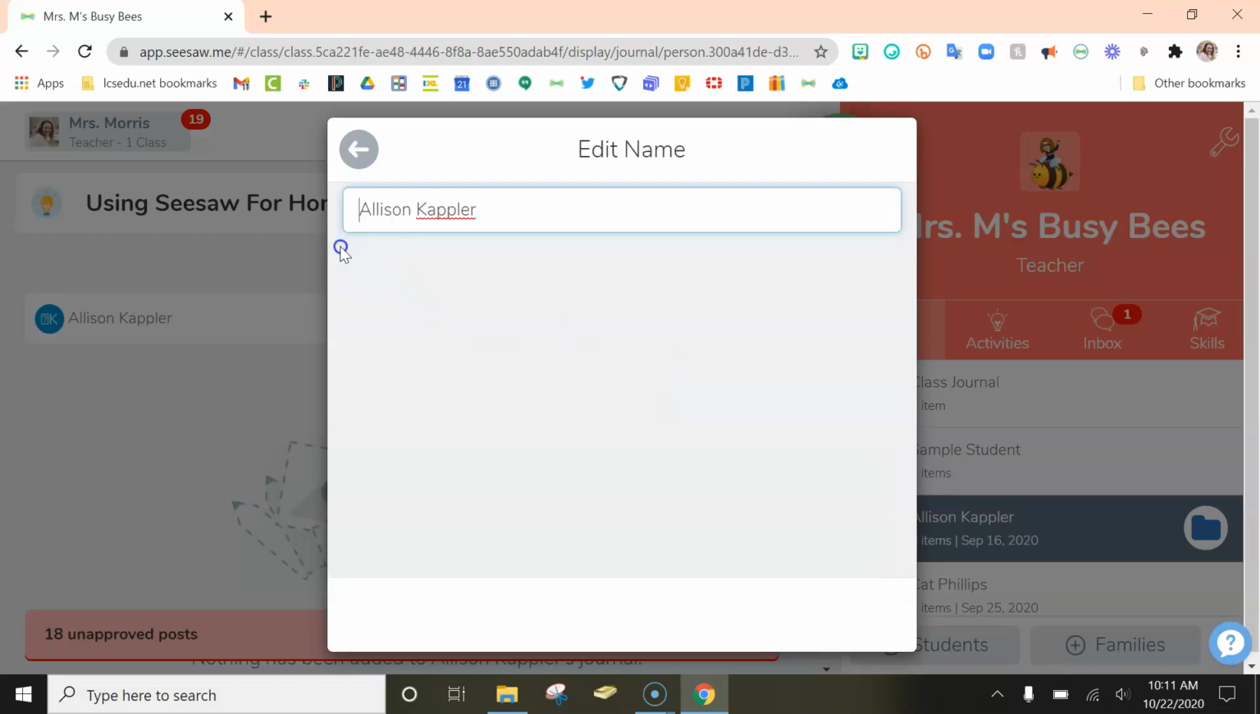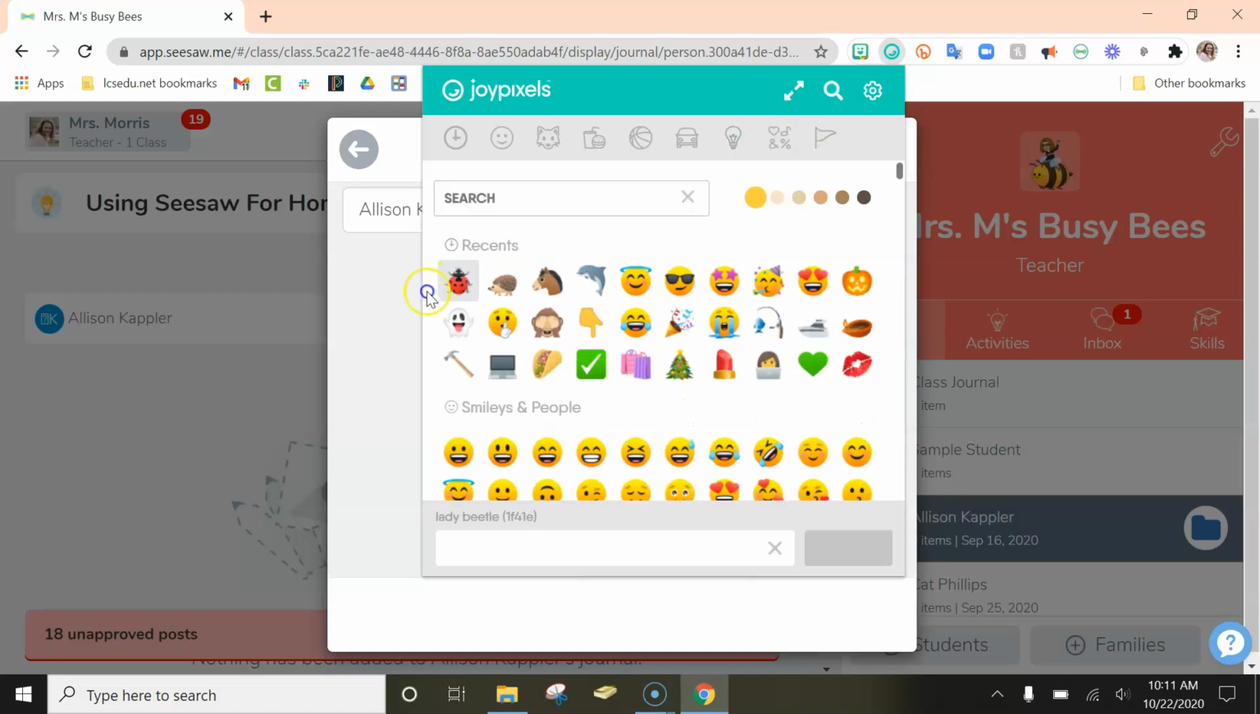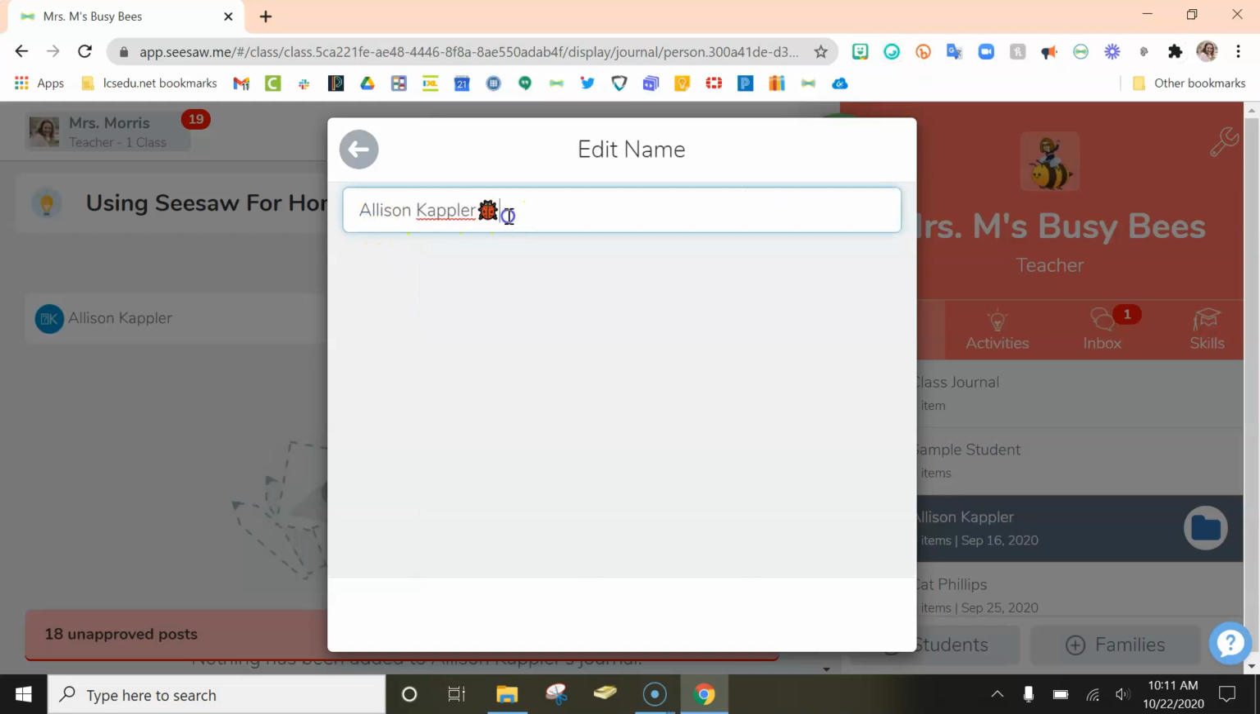And what I'm going to do is, in front of her name, I'm going to add an emoji based on the group that she's in. So I'm going to label her group the Ladybug group and insert a ladybug, and I'm going to put it in front of her name so that when I assign it, I could easily see the ladybug in front of